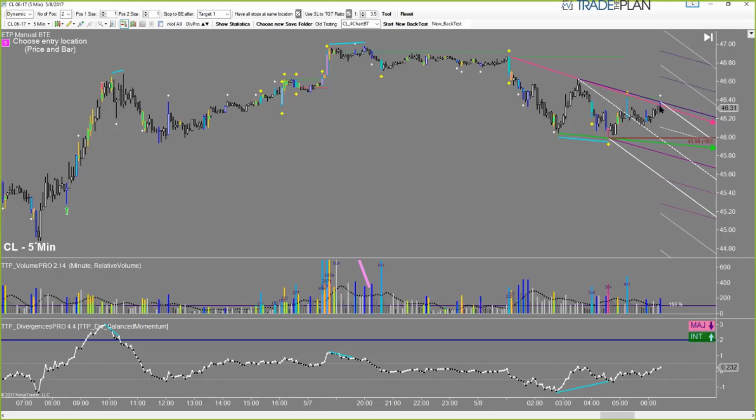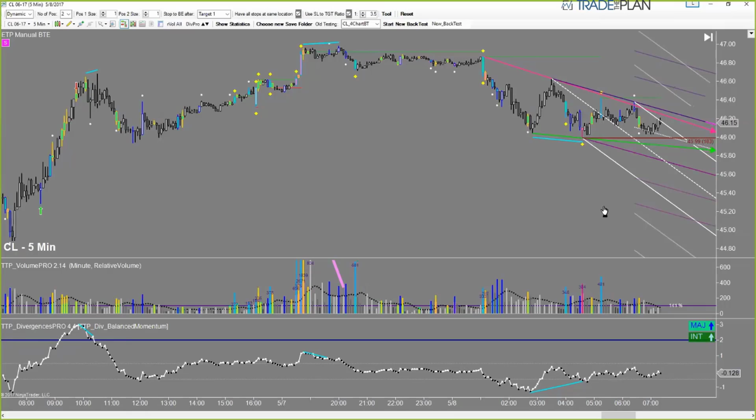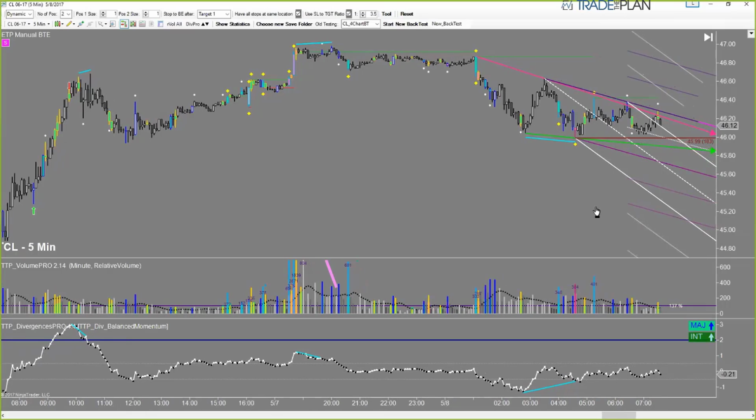So we'll get in right in here, put the stop right here. Well, that's pretty much where my first target is. So I'll get out right there. Ooh, that's actually another trade setup there. Did I even get, yeah, I didn't even get the first target filled. But this is actually another